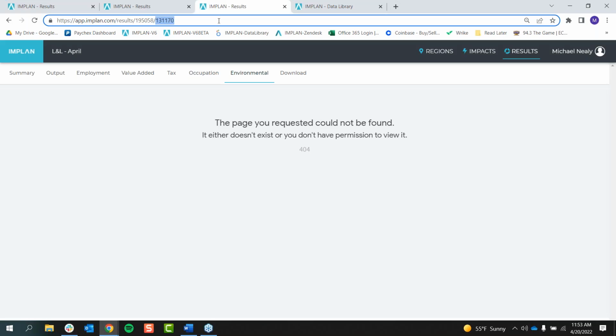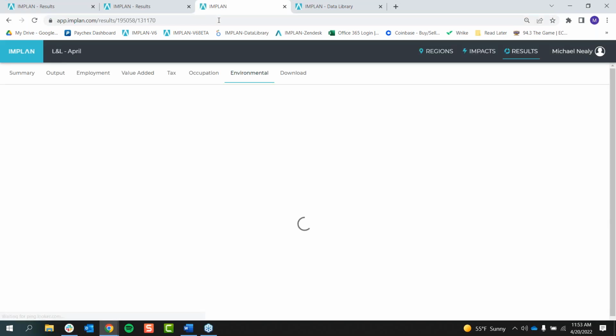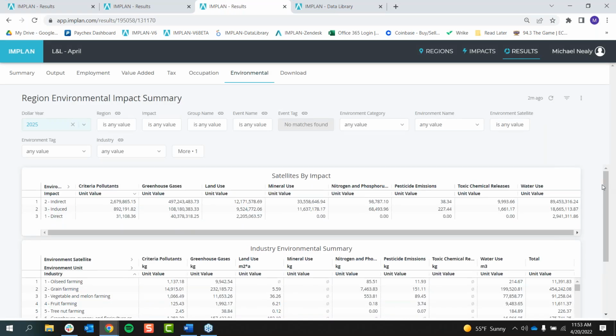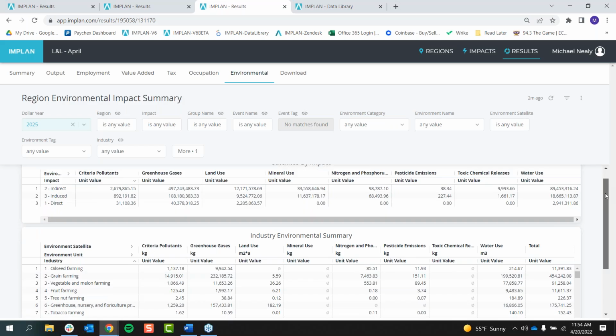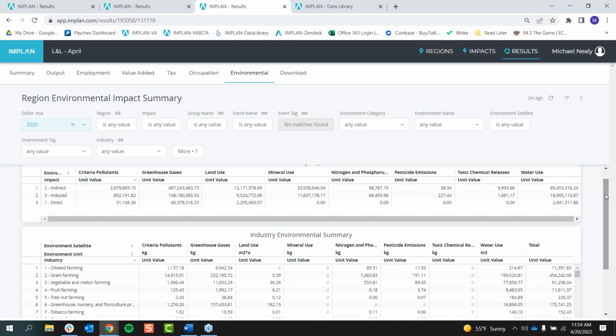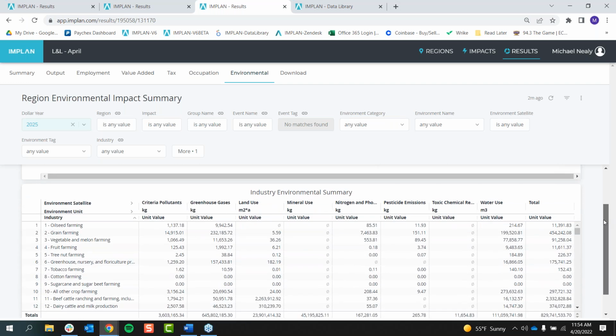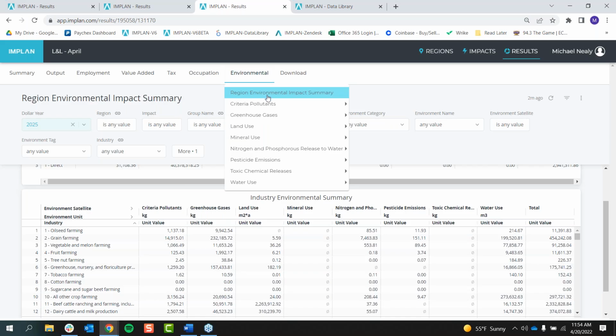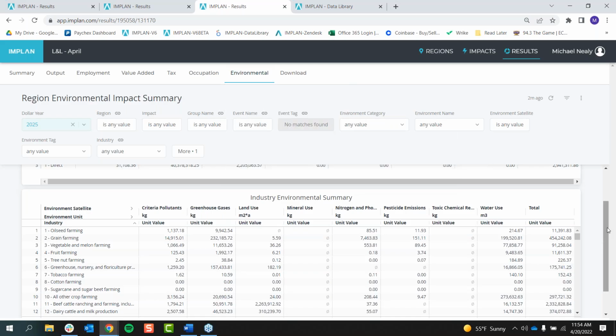And if we head over to our environmental results and reload the page, we will get more of a holistic view, because we have to be reminded here that all of these increases in production are great, but they also are going to lead to an increase in our environmental footprint as well. So this is more of that holistic view that Angela was talking about, reporting the good also with the not so great. So looking at our region's environmental summary here from our dropdown, and looking at our industry environmental summary,